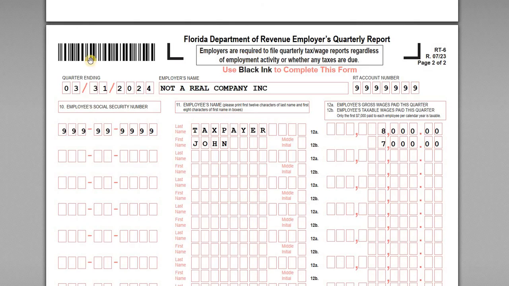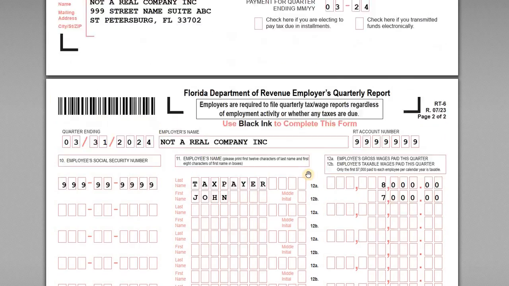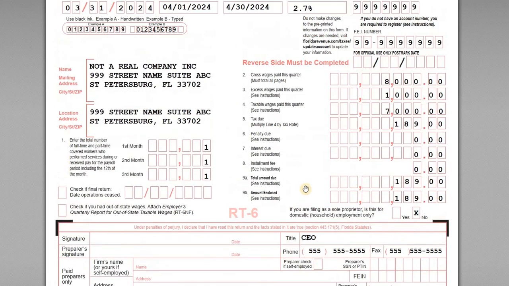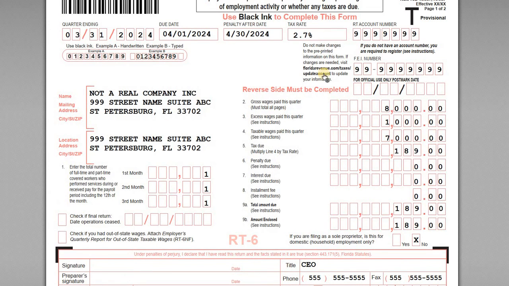All right, so now once all this information is completed on page 2, we can go back up to page 1. And on page 1, we report line 2. We have the gross wages paid during the quarter. The excess wages are those amount of wages that exceed that $7,000 cap per employee. And then we have taxable wages of $7,000. Now line 5, the tax due is going to be the tax rate above, 2.7% times 7,000, gives us $189